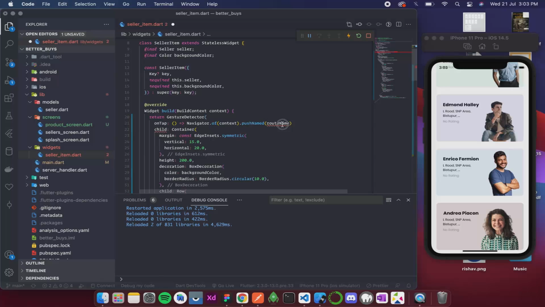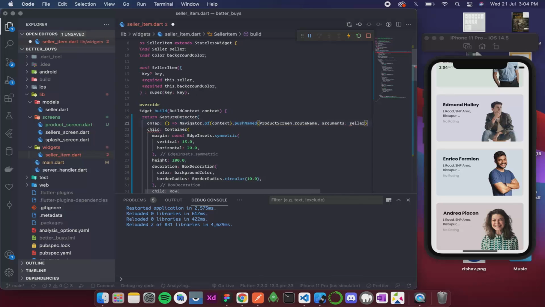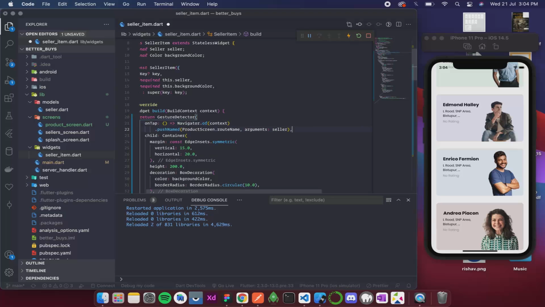And over here I'm going to write product screen dot route name, and then I want to pass the seller which is clicked. In this case it is a seller, so I am simply going to pass it as an argument. For that I'll use the named parameter arguments, and over here I'll simply pass seller. With this the navigation is done.